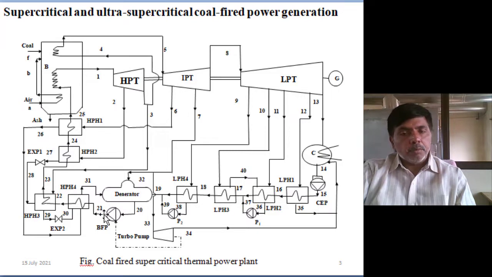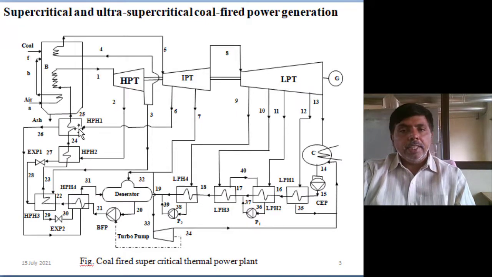Then one boiler feed water pump is running. After 4 feed water heaters, the water reaches the boiler at saturated liquid condition. There, latent heat is supplied first, then it is superheated up to 600 degrees. Then it enters the high pressure turbine and expands to an intermediate pressure. Then it enters reheating, and from reheating it enters the intermediate pressure turbine. From the intermediate pressure turbine it moves to the low pressure turbine.